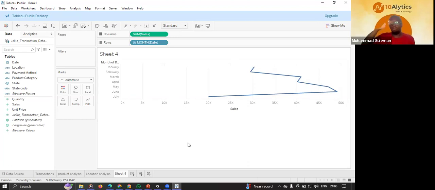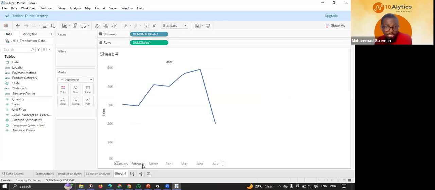Now, this chart is almost inverted. Rather than seeing the months from top to bottom, I want to see them from left to right, with my line above them showing how the trend has gone from January to July. To invert it, instead of manually dragging sales down here and months up here, which is what you'll be inclined to do as a beginner, all you need to do is use this icon that swaps row and column. It helps you to swap. Now click on that icon and it swaps it for me, and you see January to July here, and you can see